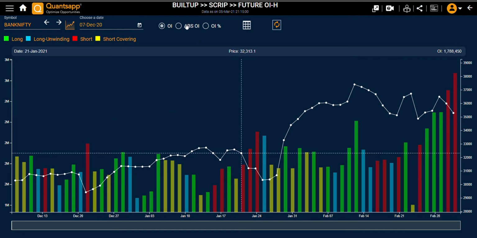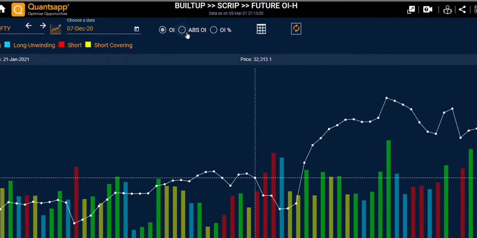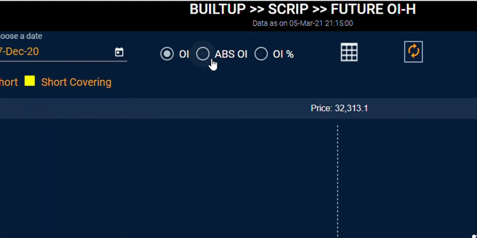Also, if I want to check how much the open interest changed in absolute figures, I can find it out in the absolute OI.